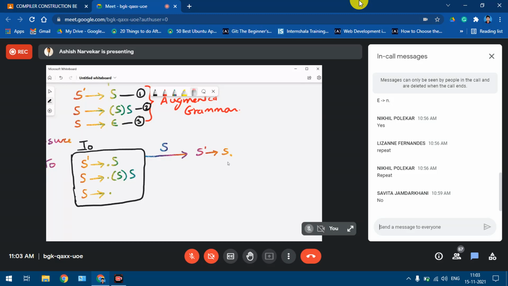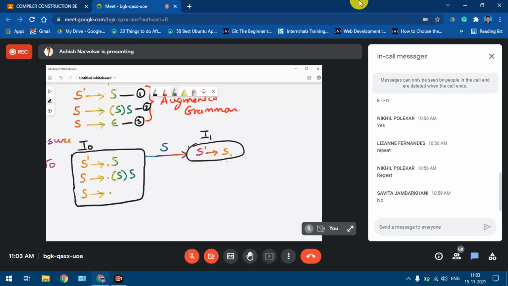In the third production it is just a dot. So the first is the only production in which the dot appears on the left side of the capital S. This will become your next state, I1.